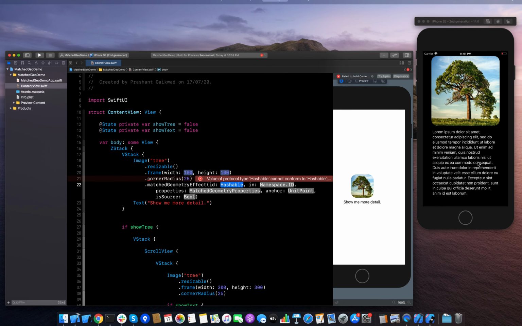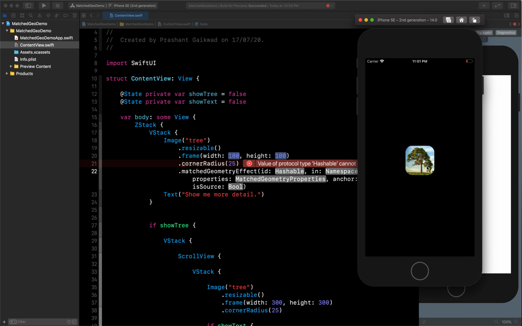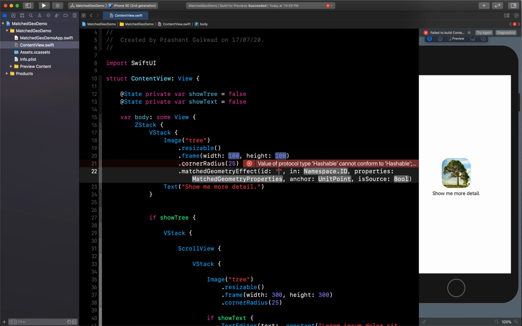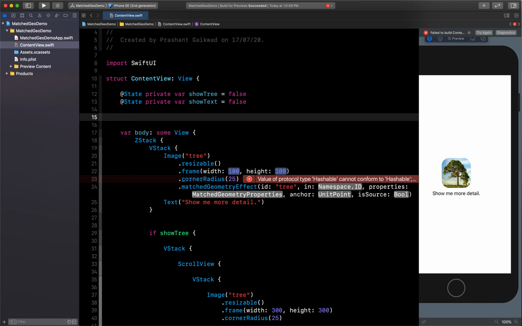Here we have two views, one is this and one is this, so we have to give the same id to both views, so that the system will understand that these two views are connected, and that the animation of zooming in and coming back is on both views. So let's add an id here. Add anything you want, so I will say tree, and you also have to give a namespace. So again, let's create a namespace.